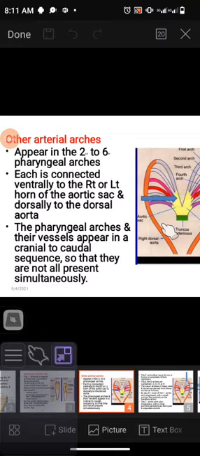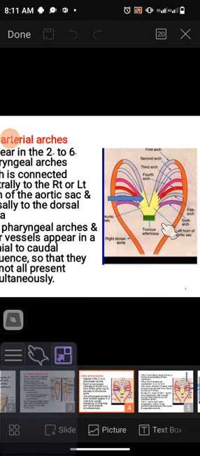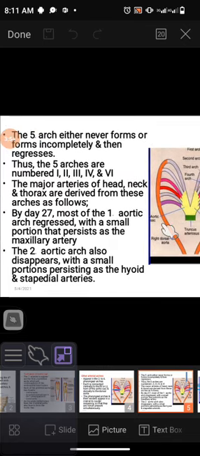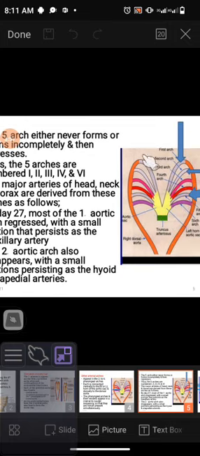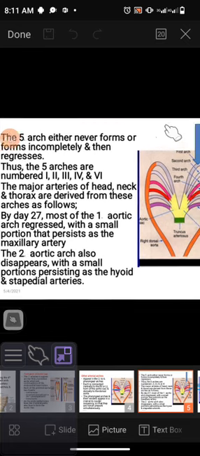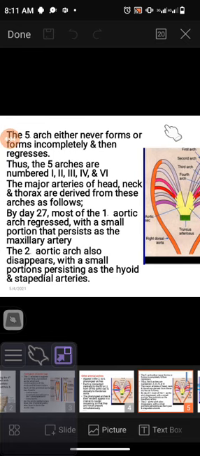Now what is going to happen? Something is going to happen in order for this to actually look like the arterial system we have in the adult human body. The 5th arch, okay, we have 5 arches. We have the 1st, the 2nd, the 3rd, the 4th, and the 6th arch. The 5th arch either never forms, or when it forms, it degenerates. This 5th arch degenerates. So we have the 1st, 2nd, 3rd, 4th, and 6th